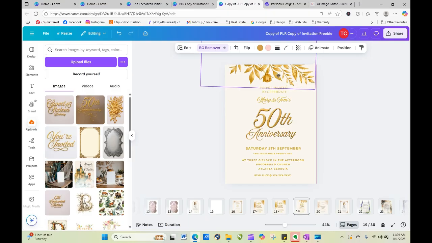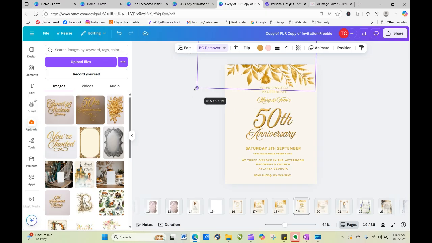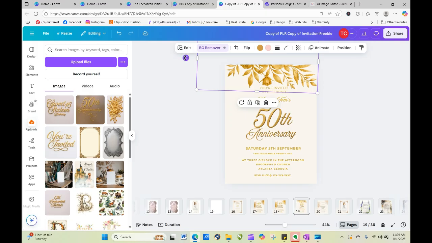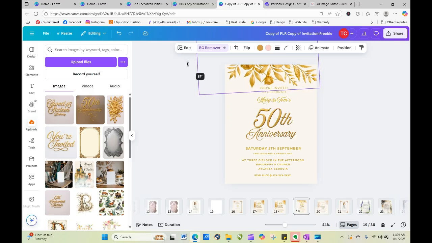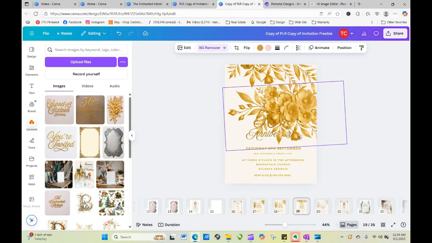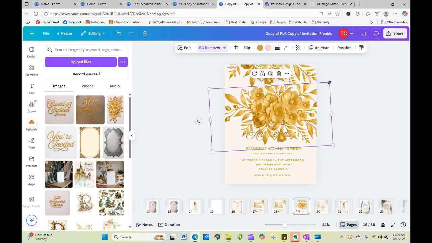Now this is just basically very simple. We need to go all the way across. And then we need to straighten it, kind of straighten it up. And then we could copy it and